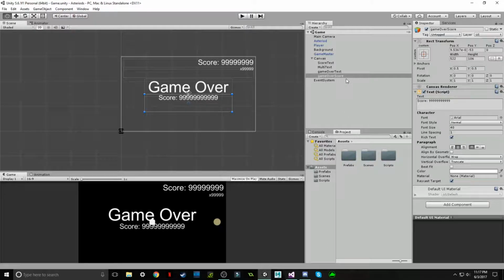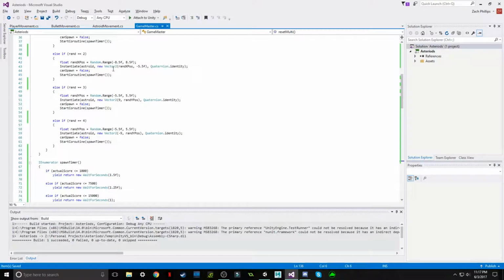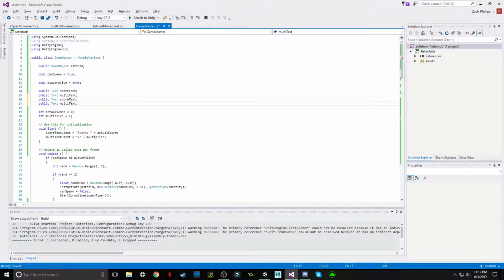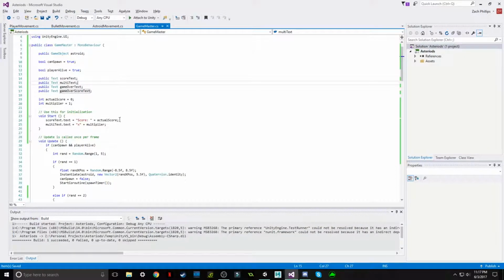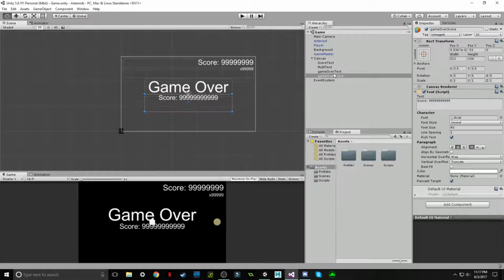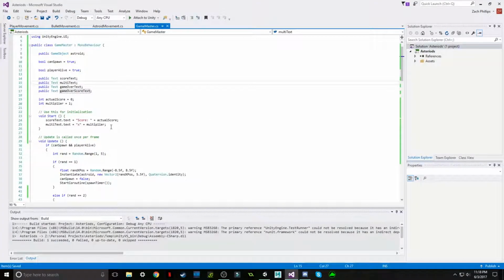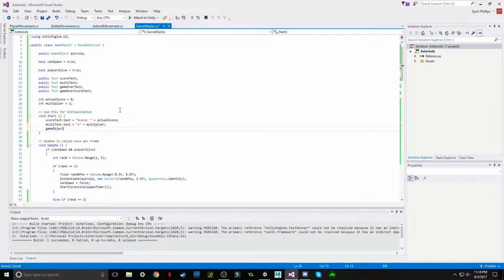So now that we have those, we're going to go back to our game master script, and we're going to do the same thing as before. We're going to create two new public texts called game over text, and the other one is going to be called game over score text, just to keep it all simple and we know what we're dealing with. So if we played the game the way it is right now, the game over and score text would be right in the middle of the screen, and it wouldn't be all that good. So when we start the game, we want the game over